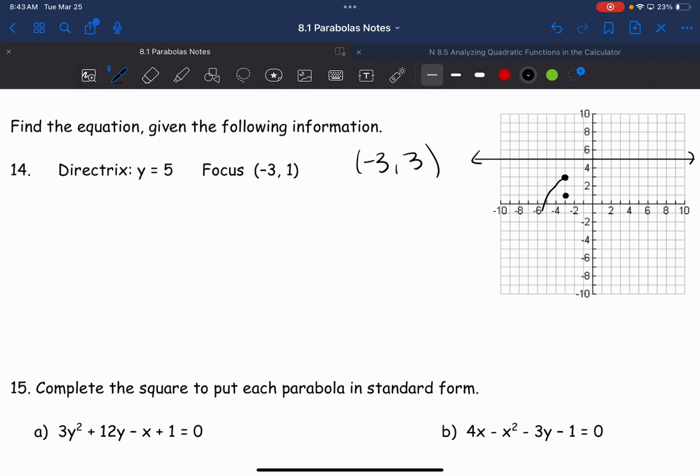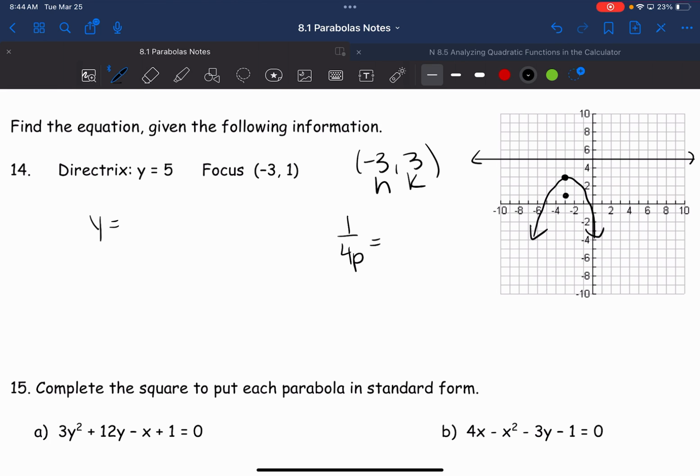So we already know it's going to look something like this. So that means this truly is H, this truly is K, and it's going to be a y equals equation, right? So we're going to have y equals,